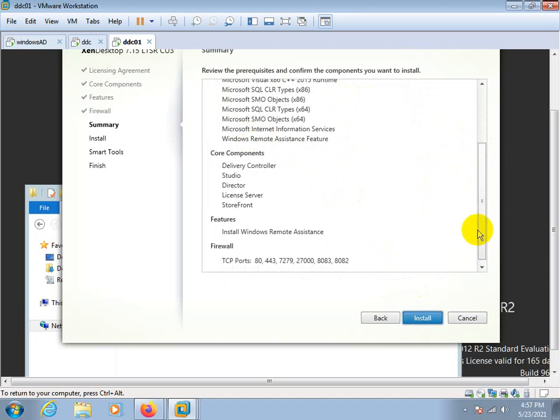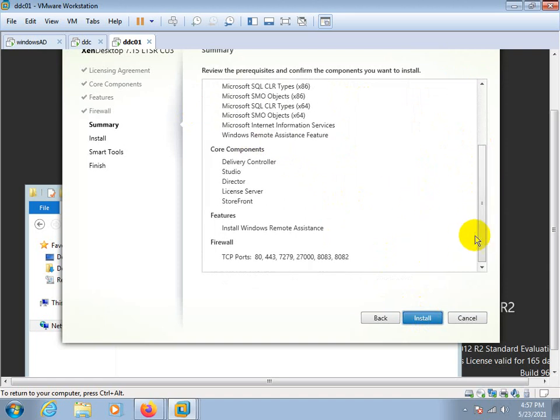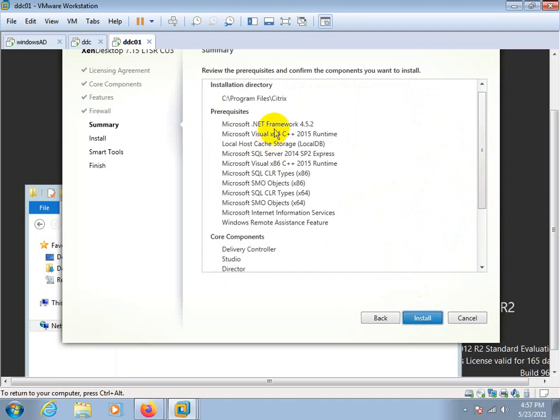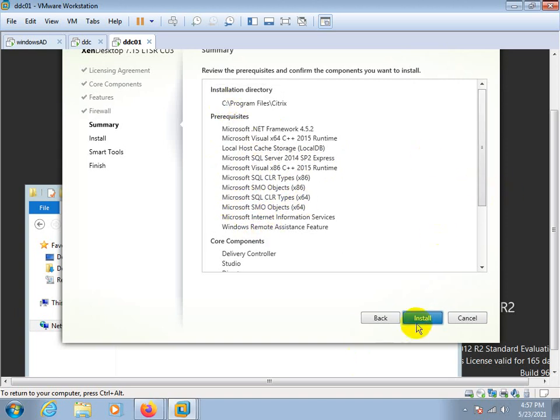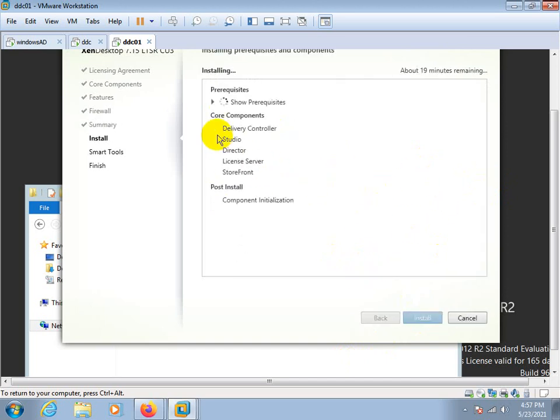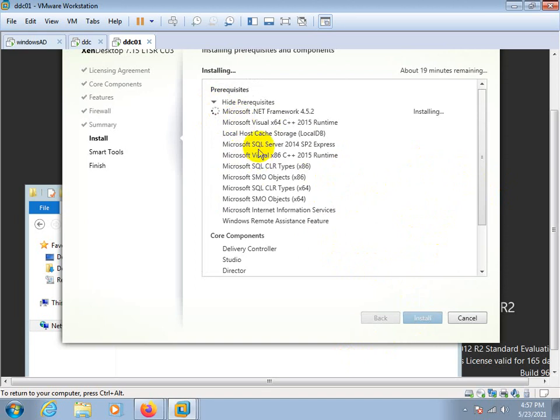Here you can see the LHC, Microsoft SQL Server Express. Okay, once it starts the installation, then you can see the LHC, where LHC is the Local Host Cache storage, local DB.